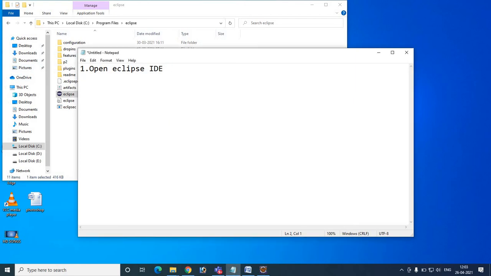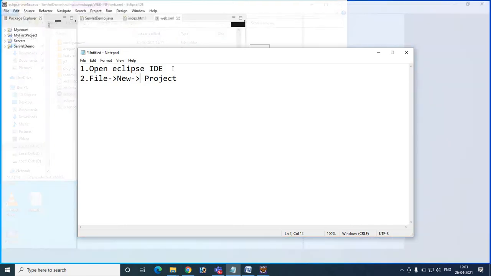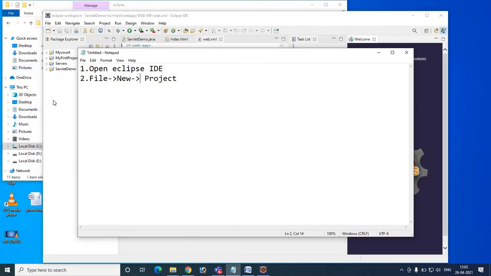So after opening, we have to do File. In that File, we have to get into New Project. Yes, it is opening. Let us do it.